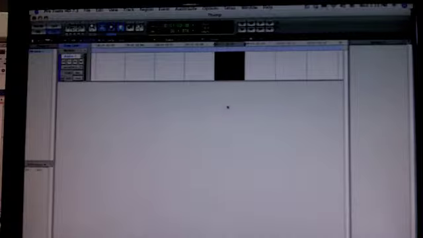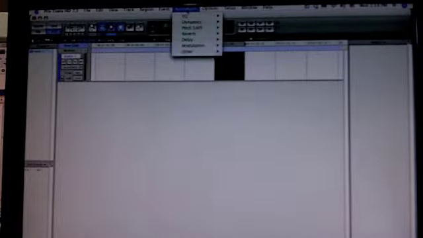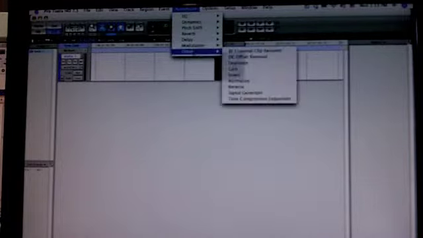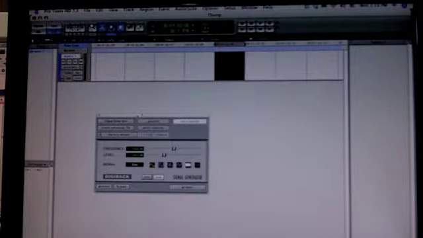The next thing you're going to do is you're going to click on Audio Suite from the menu bar up at the top, Audio Suite, come down to Other, and off to the right and down below you'll see Signal Generator. Click on Signal Generator. That brings up this dialog, and what we want to do is we want to create a 100 cycle tone